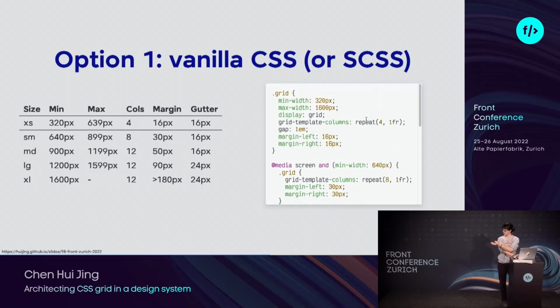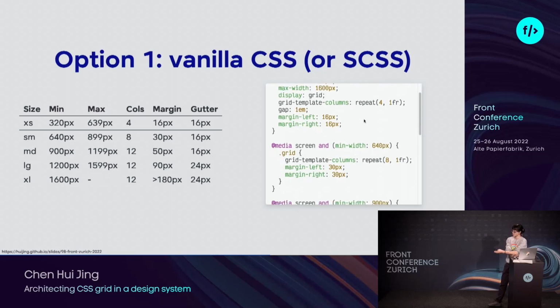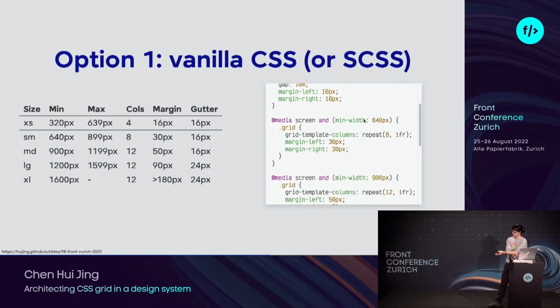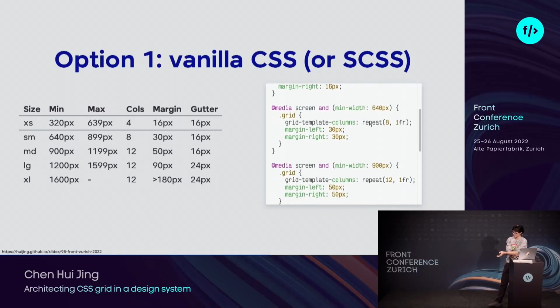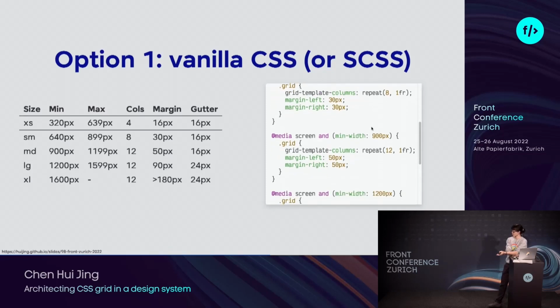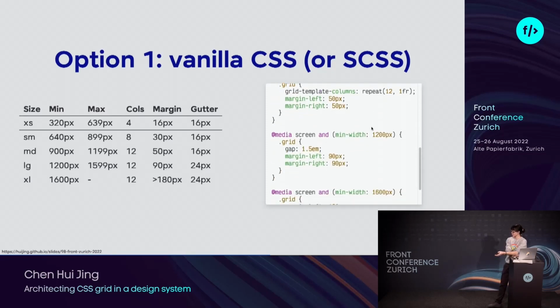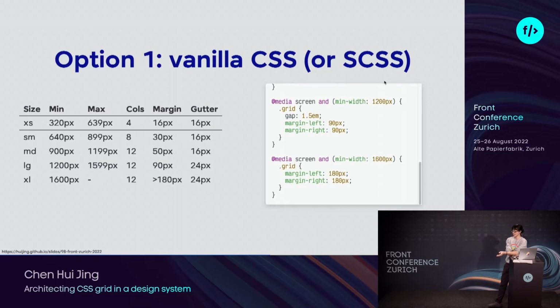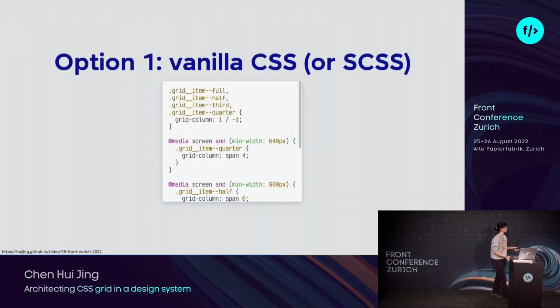So if you want like 4 columns at the start, you would define them. And then if you bump up to the next viewport, you can bump up your column size, bump up your gutter size, bump up your gap size, and so on and so forth. So a lot of the stuff needs to be set up only on the container. When it comes to the item placement, then the code could go onto the component styles.